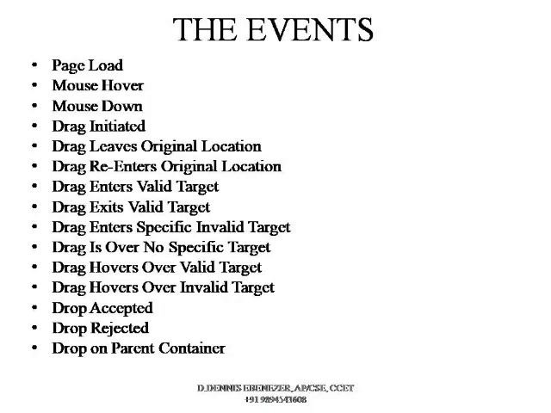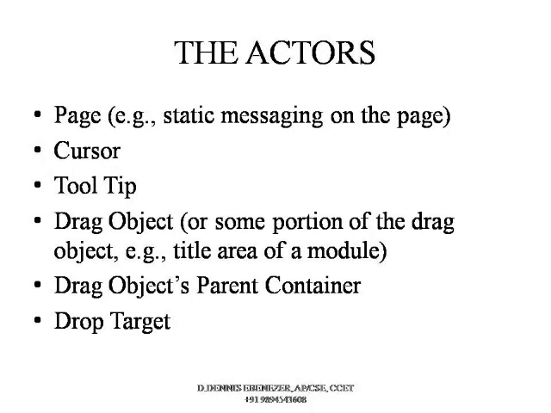For performing a perfect drag and drop, there is a combination of events and actors. Events are the points at which the drag and drop will be activated, and there are 15 events that will enable a drag, and we have 6 actors which will be enabled when a drag is used. These actors are nothing but the object, place, the user, the draggable object, or the information that is provided during the drag. All these things constitute the actors.